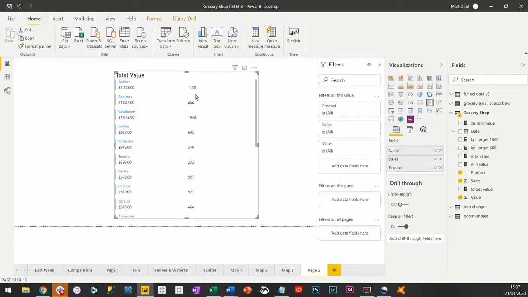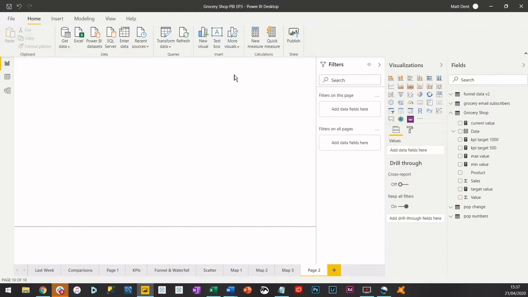So I could also put sales in there, so I know spinach, we sold that many, 1159, and the value of that was 1159, because they're £1 each. So I'm going to delete that, and the next thing I want to talk about is